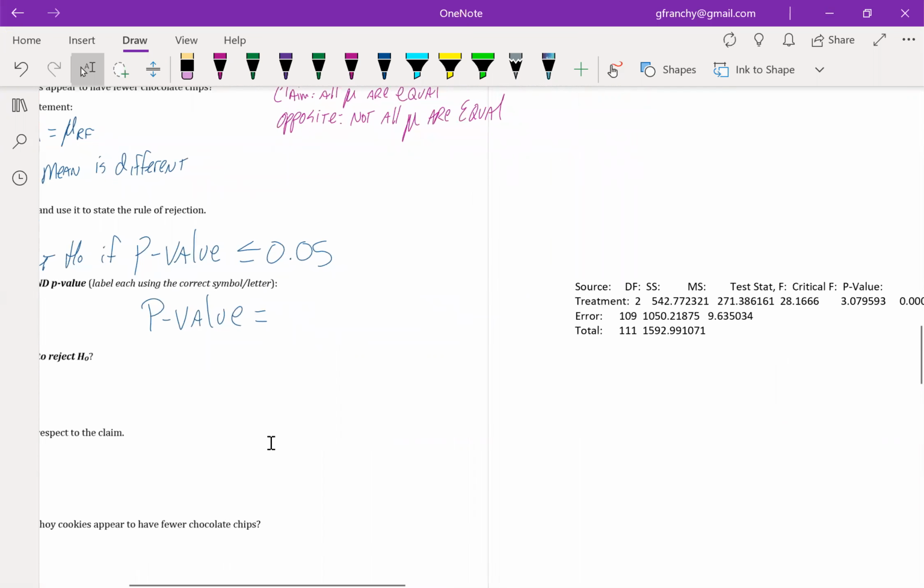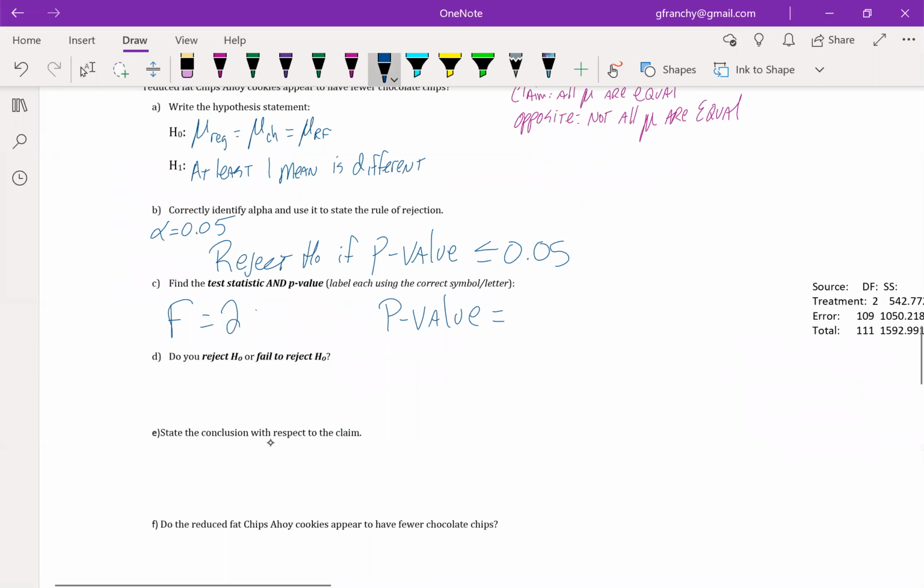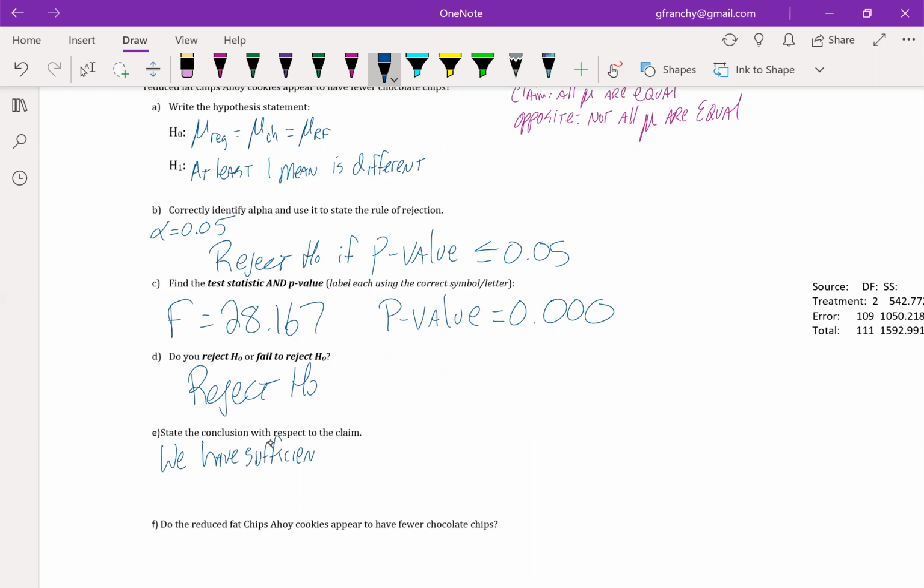Our test statistic is 28.167. And our p-value is basically zero, and zero is definitely less than 0.05. So we reject the null hypothesis, which means we have the evidence, and we starred the R, so we have the evidence to reject the claim that